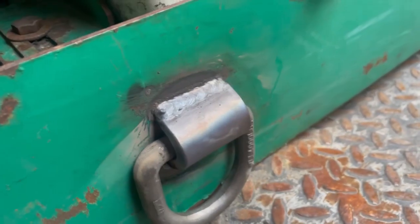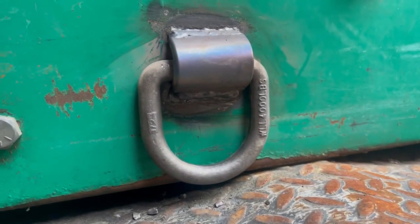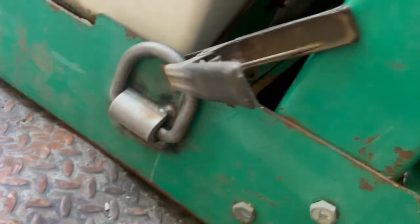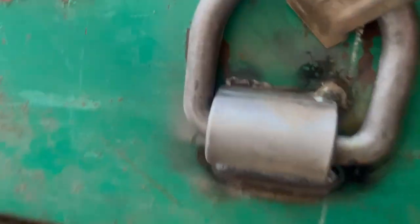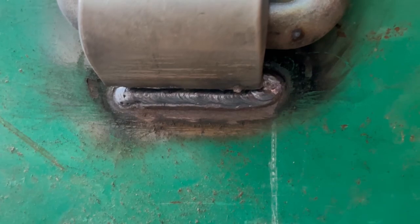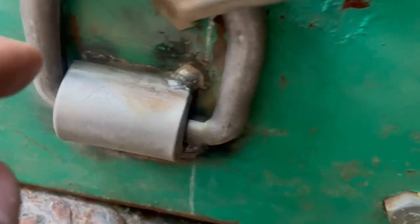Okay, now I'm starting to weld them on. This is the first one. I got the others tacked on, and the underneath of it isn't the best. I had to do 2 passes. I got it figured out on this side. I'm just starting, so getting the D-ring out of the way to weld the bottom so it'll weld through. So I'm putting a stringer pass just because there's a gap there, and that's going to be hard to fill